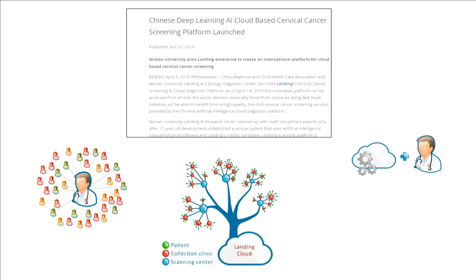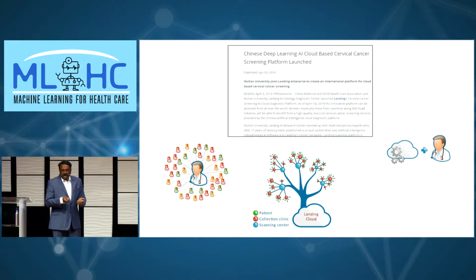So as recent as April 2019, the Chinese deep learning AI company, Landing, has a program for AI-based cervical cancer screening. I don't know much of the details other than what is available on the website of Motic and Landing, which is connected to one of the universities called Wuhan University. So in a simple process, what they describe is